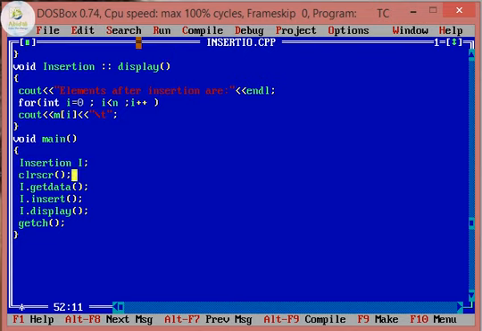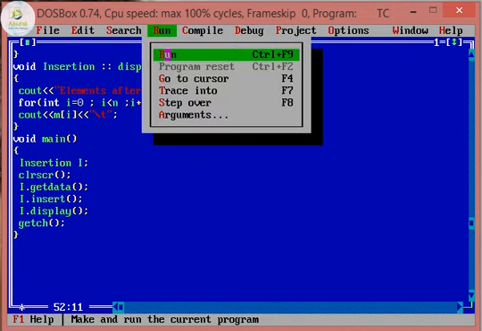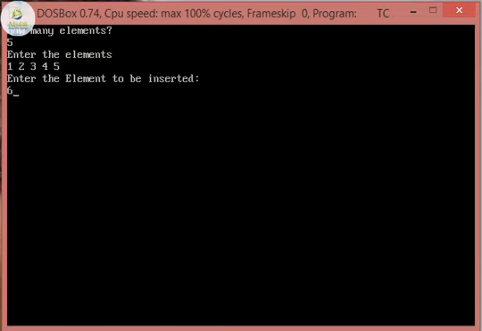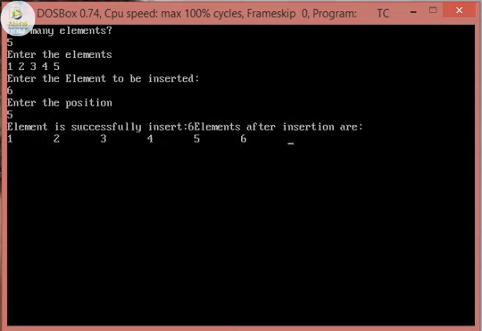Next, let us move to run 2 and see whether insertion is possible at the given position. Let us enter 5 elements, 1, 2, 3, 4, 5. Inserting element 6, that is inserting at the end, at position 5. Then you have 1, 2, 3, 4, 5, 6.